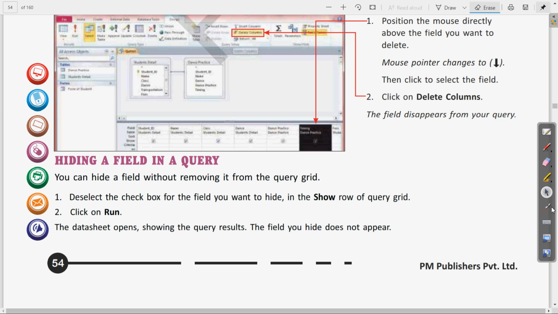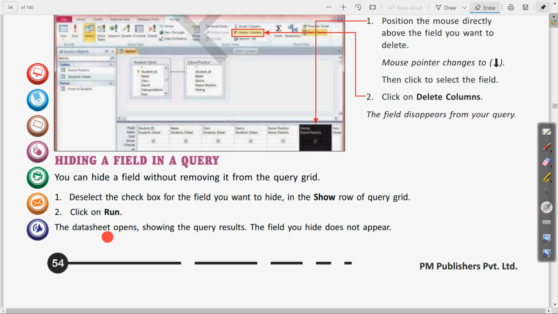So let us see how to do that. Rather than deleting, we can hide it. Now see how we can do. You can hide a field without removing it from the query grid. Deselect the checkbox for the field you want to hide in the show row of the query grid. Clear? And click on the run button.